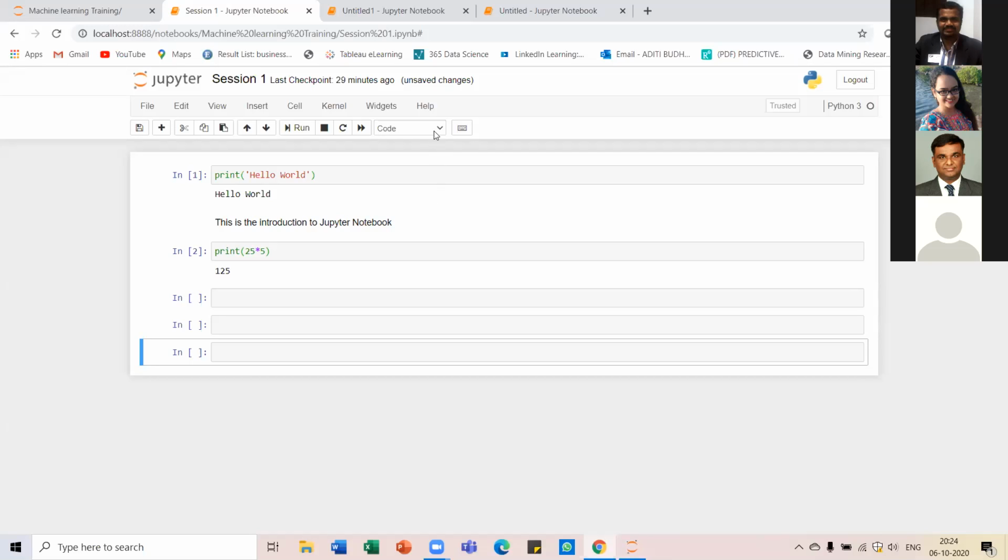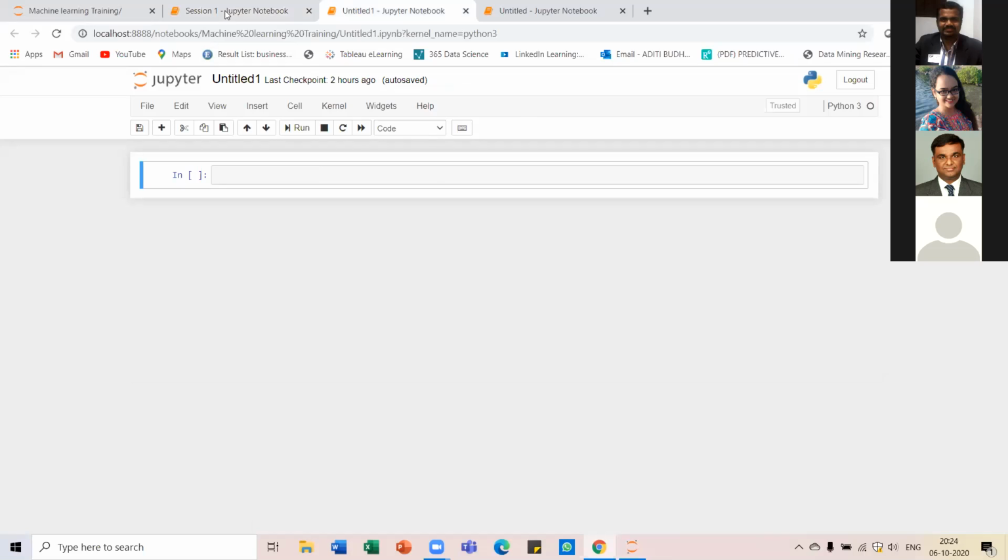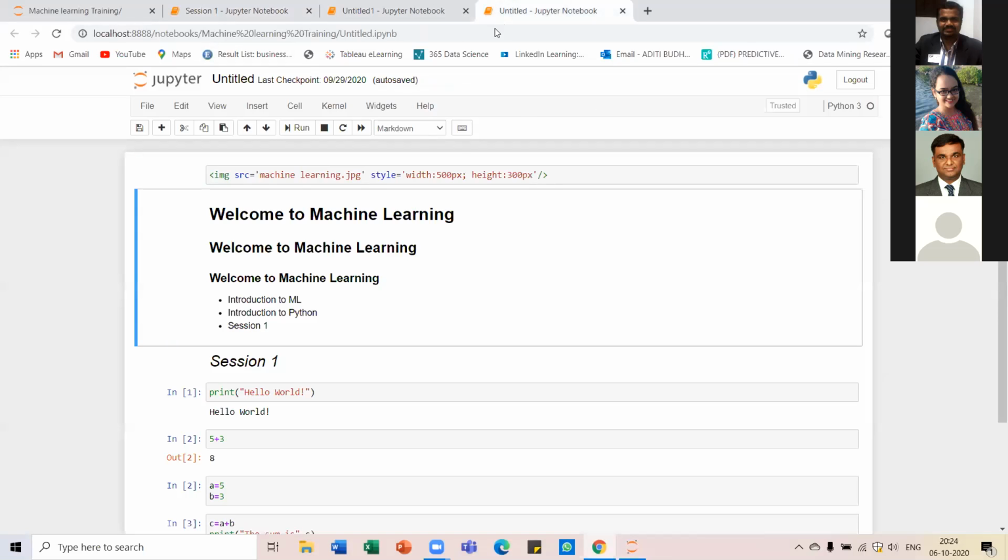Now let's do some fun. In a Jupyter notebook, you can also add pictures. This is the code which you can use to add a picture.